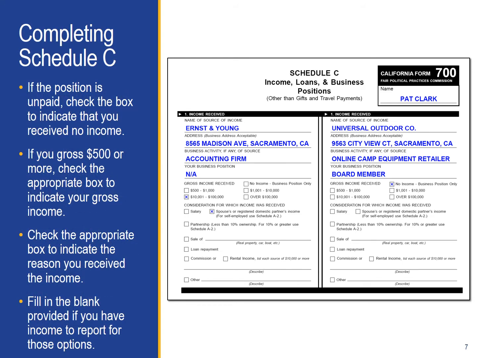If your gross income is $500 or more for the reporting period, check the appropriate box to show how much was earned. If you are reporting an unpaid business position, as shown on the right column of this slide, check the box to indicate that you received no income. Next, you must disclose how the income was generated. Most filers will check the box to indicate that they are reporting their salary or that of their spouse or